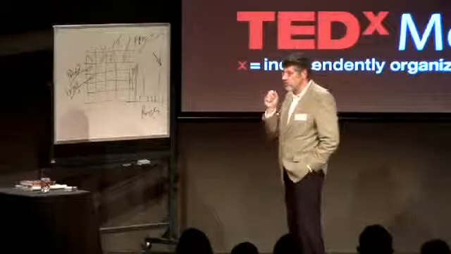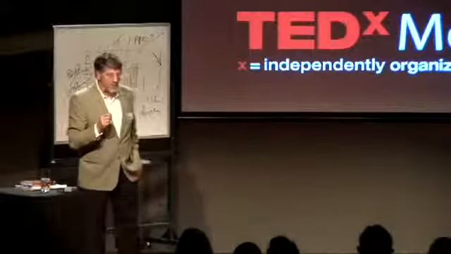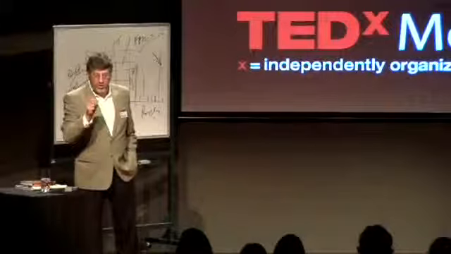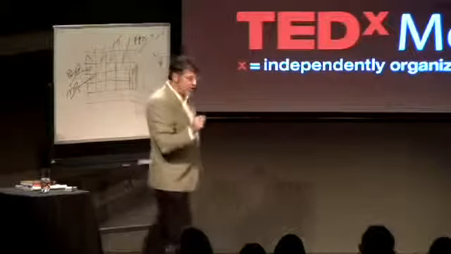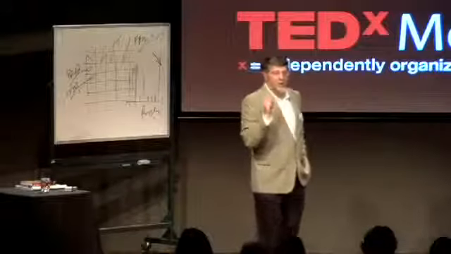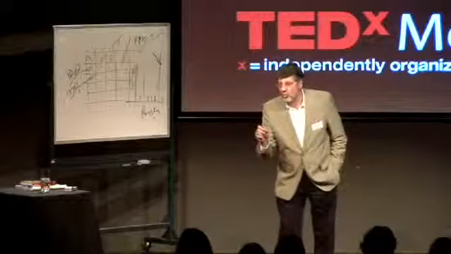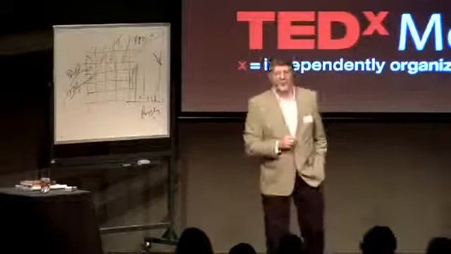The life expectancy of a business in America in the 1920s was 65 years. In the 1990s, 10 years. Today it's approaching 5 and less. The only way to build your business is to innovate. The biggest business risk is market risk. How do you fix it? Find what's working and do it better. That's the message. Thank you very much.